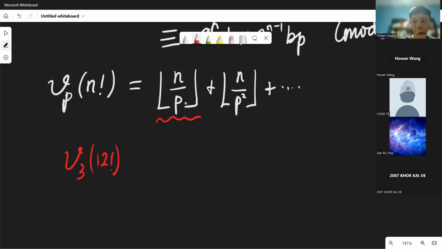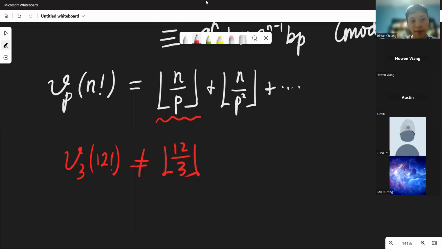But that's not enough. Why? So why is this not exactly 12 over 3? Because 9 got the 2 factor 3. Yeah, exactly. So 9 contributes 2 to the v3, right? So instead of taking 12 over 3, we still have to add those extra contributions by multiples of p squared. Yep, that's absolutely correct. So we just add,